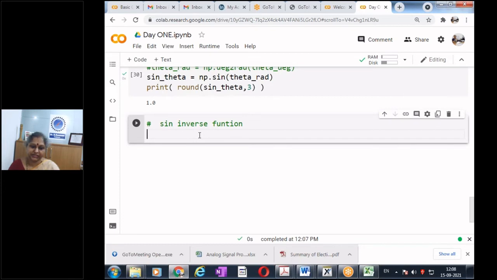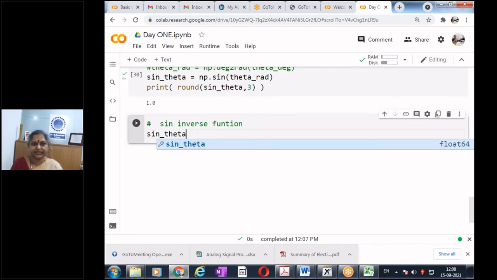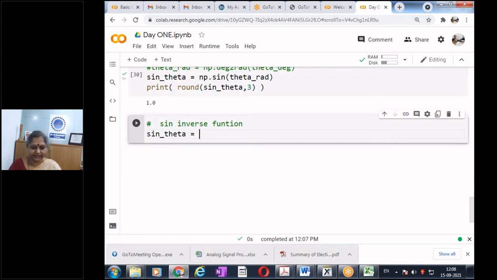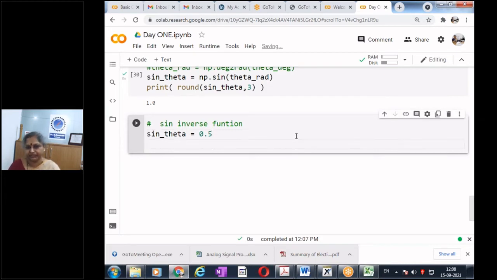What is given is sine theta. Sine theta is given as, say, 0.5. What's the function to get the sine inverse? Okay, let's type the whole thing.